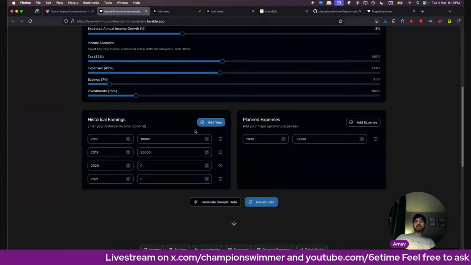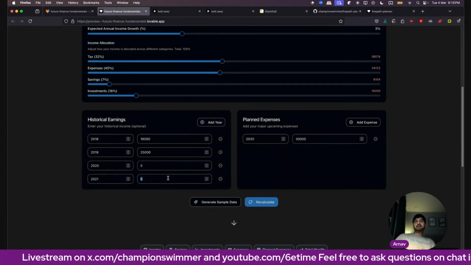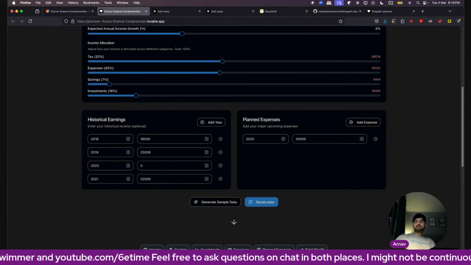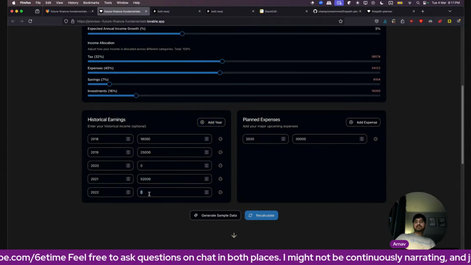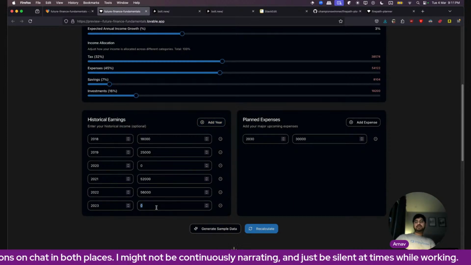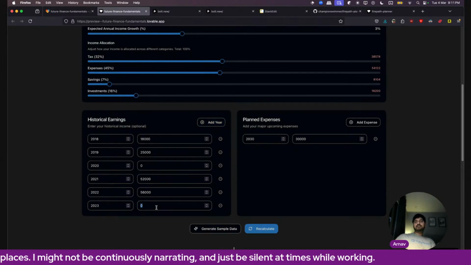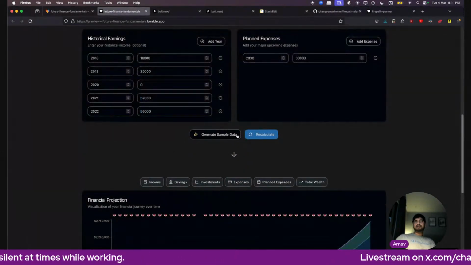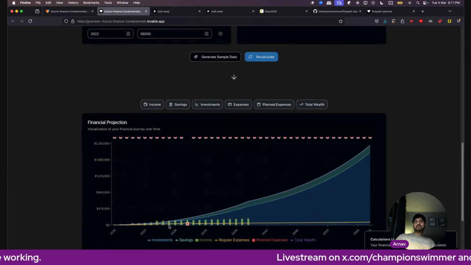COVID year, break year. 2021 earned 52,000. 2022, 56,000. 2023, and the problem is that the expense values will not come up correctly if you do this. So I have some issues with this.